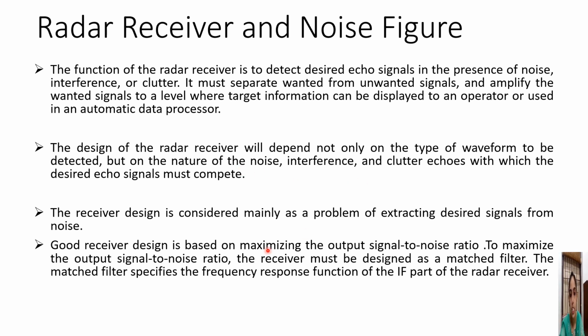When we are considering a receiver, we always have a superheterodyne receiver where we place an IF amplifier. This IF amplifier frequency response is very important. We have already seen in the case of pulse radar or CW radar that the IF amplifier plays a very important role, and the frequency response function should be suitably chosen. That is, a low frequency cutoff and upper frequency cutoff should be taken care of, and this IF amplifier is actually working like a matched filter which is going to maximize the signal to noise ratio.